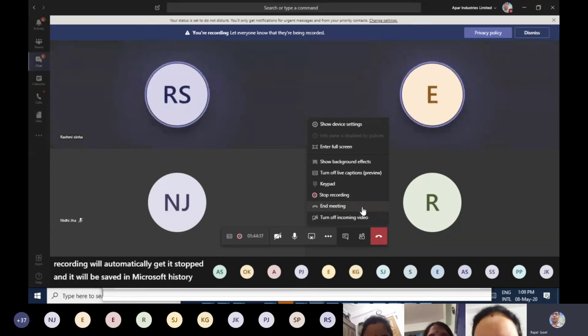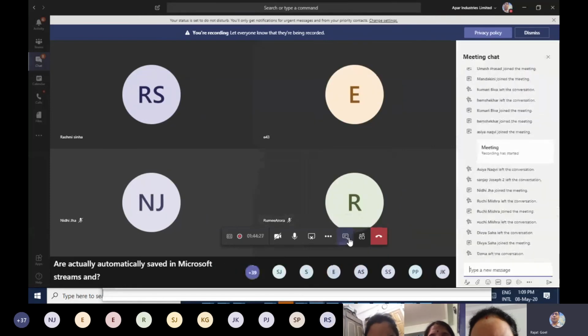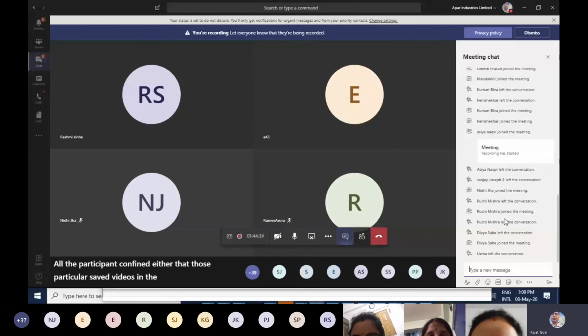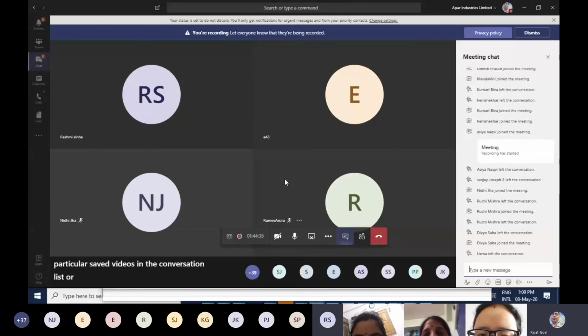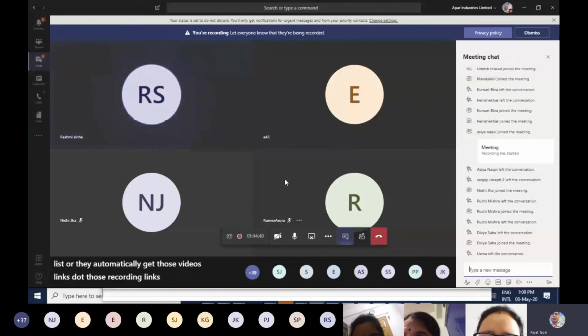Let me emphasize this. All the recordings are automatically saved in Microsoft Streams, and all the participants can find those saved videos in the conversation list, or they automatically get those recording links in their mailboxes.